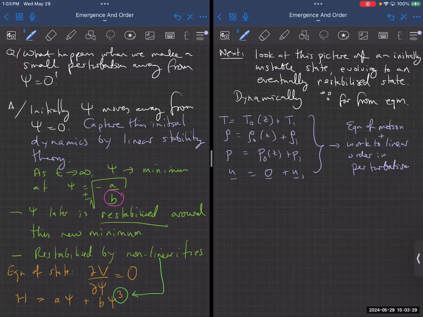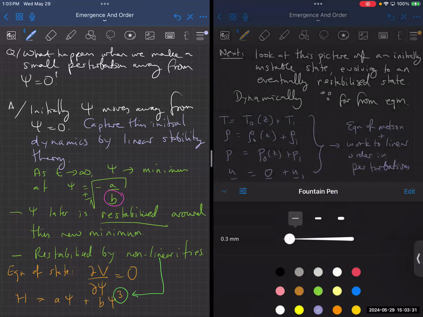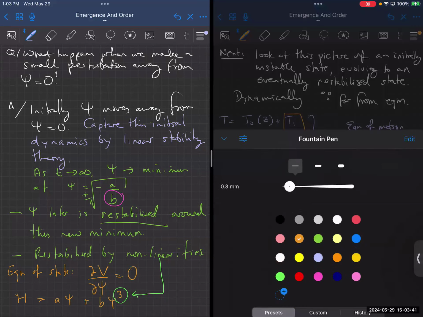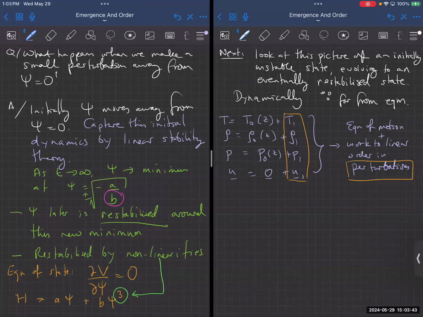When I talk about perturbations, I mean these quantities here, the perturbations about the steady state. Okay, so let me write down what those equations are. If I do that, I get the following equations. Rho 1 is minus alpha rho bar T1, div of U1 is equal to 0,